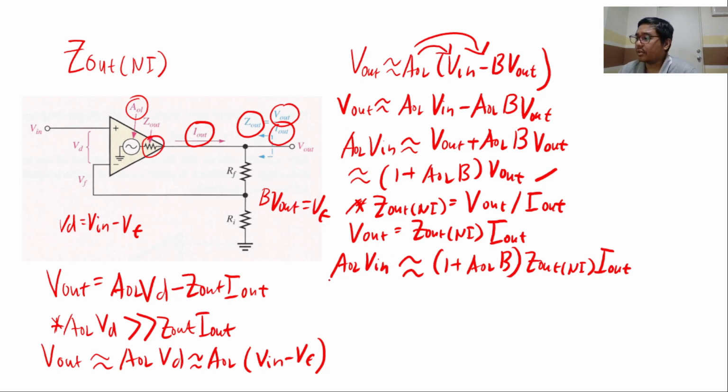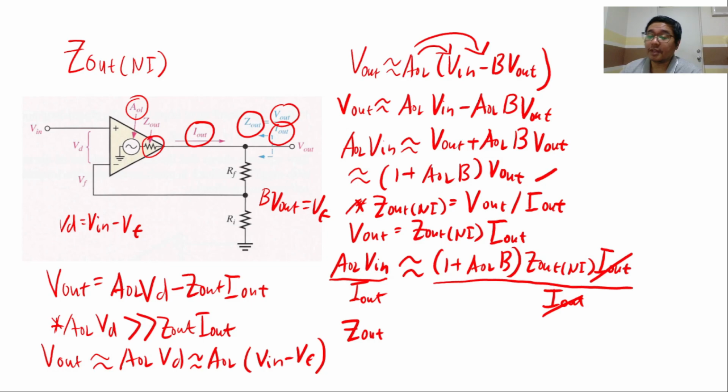We can divide both sides by Iout. You can cancel Iout on the right hand side of the equation. As you can see here, AOL times Vin is actually Vout. Divide that by Iout, therefore we will have Zout, or the output impedance of the op-amp in an open loop configuration. That is approximately equal to 1 plus AOL times B times Zout